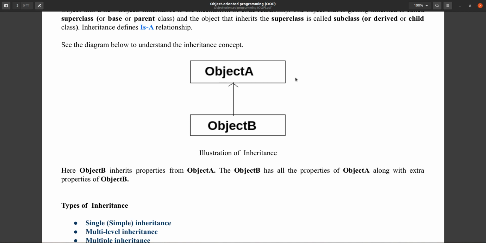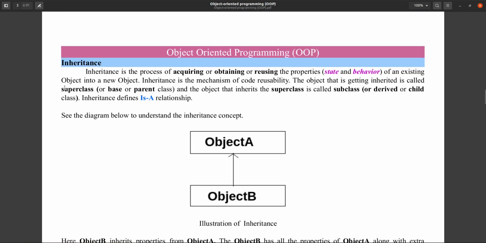The class for object A is already written, so we can inherit object A, create the class of object B, and add our extra features and implementation into object B. It will not impact the code of object A, and it will create a new object. So code reusability is called inheritance.